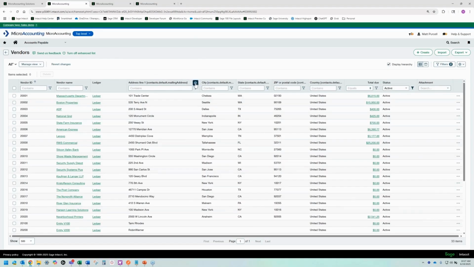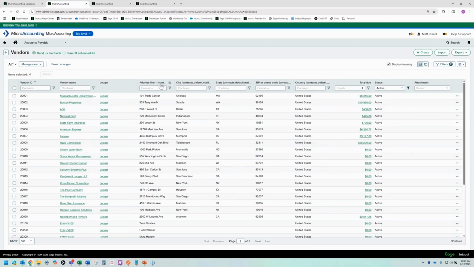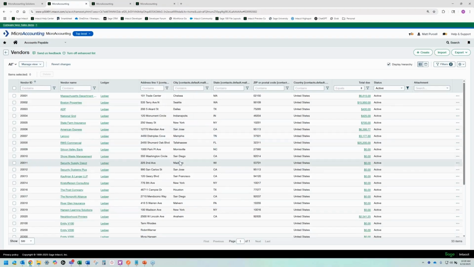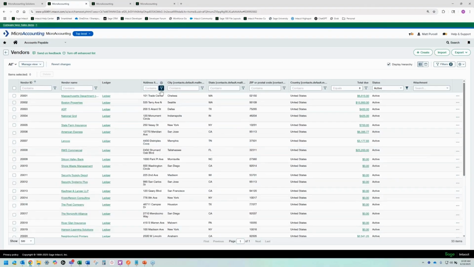Also beyond that, they have a little settings icon. If I click on that, it allows me to choose whether I want to sort this ascending, descending, if I want to freeze this column, or if I want to enable text wrapping. So if I make this column a little bit more narrow to where some stuff would be kind of getting cut off here, then I can come in here and say settings and text wrap and just wrap this. Let's see, I'll have to make it a little smaller. There we go. So here on this example, like this 12770 Meridian Avenue, as you can see, the wrap text applied, and now I'm able to see that entire row without having to readjust this column width.